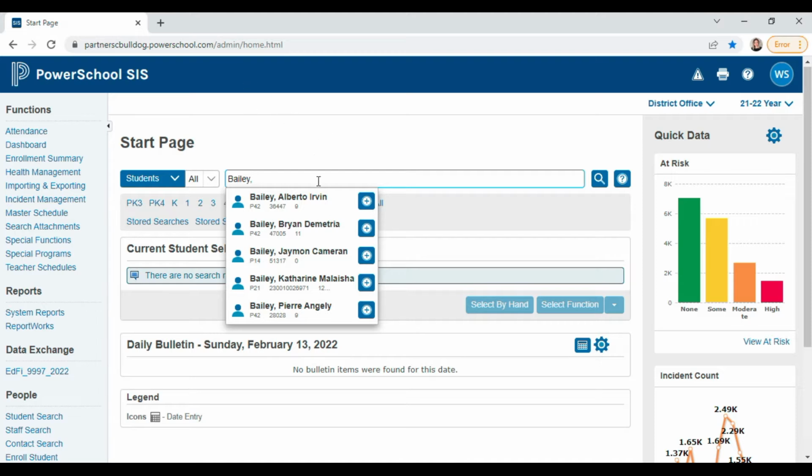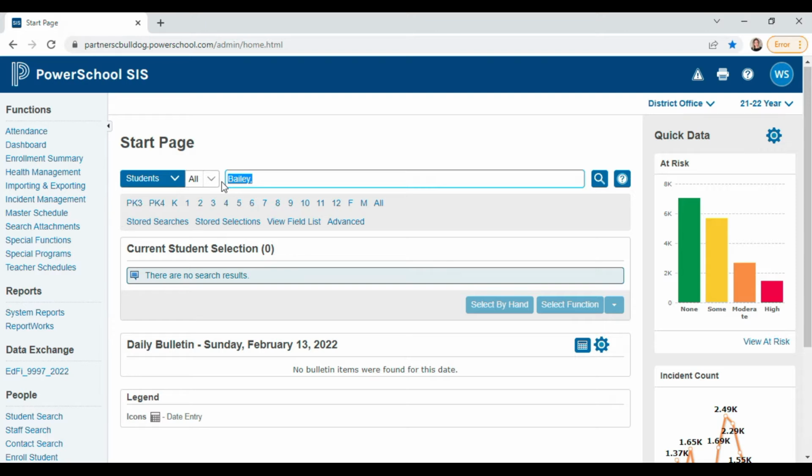There we go. If I type in Bailey's last name and look to see if he's there, I can see Brian Bailey along with 4 other students who are active students in the district. Now, all 5 students who just popped up here, again, are active students in this imaginary district. And I want to prove to you that these are active students by showing you what they look like compared to inactive students. So if I instead begin my search string with a / and then type Bailey,